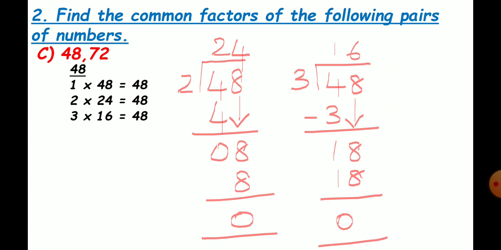Now check in fourth table the same way. How many times does it come? It comes 12 times. Very good. 5 table it doesn't come. It comes in 6 table, 8 times. 6 8s are 48. 7 table it doesn't come, and it comes in 8 table. Okay, 8 is repeated, so we shall stop now.